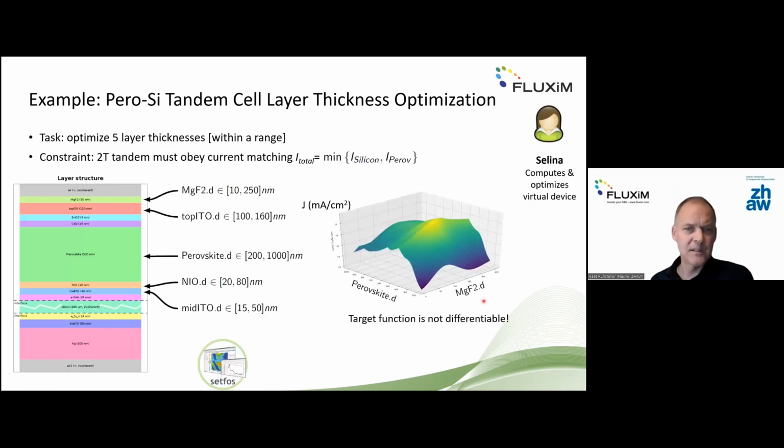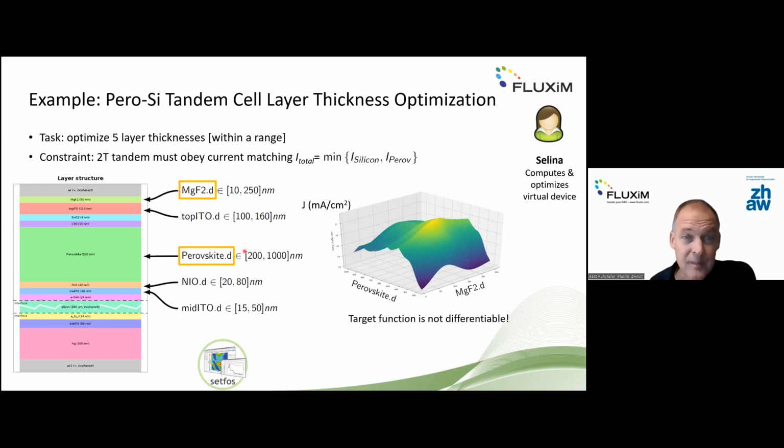But let me illustrate the simulated annealing and Bayesian optimization algorithm for this tandem device. This is a perovskite silicon tandem cell structure where we have the perovskite thin film deposited on the silicon wafer, and this is not to scale. The silicon wafer is 280 microns thick down here, and the thin film coating of perovskite is on top. There we actually have 5 parameters that we are allowed to vary in the optimization, but let's look at 2 parameters, namely this anti-reflection coating layer, magnesium fluoride, and the perovskite active layer